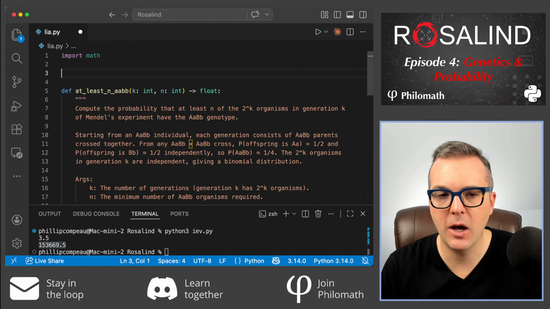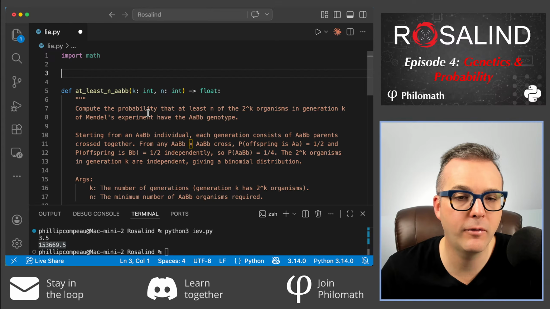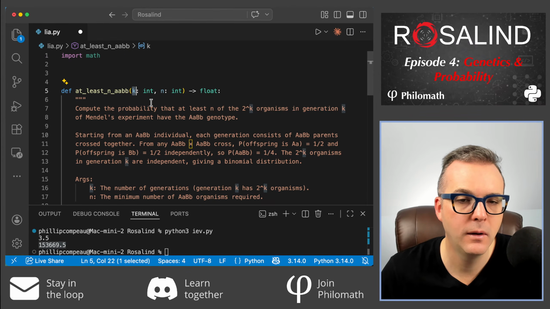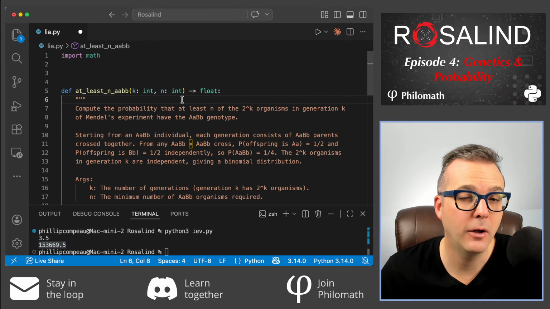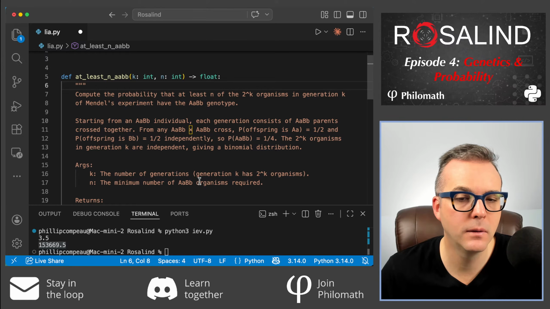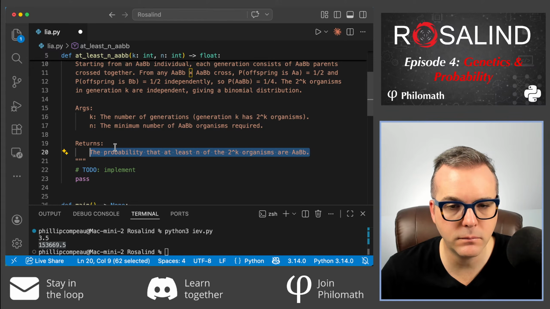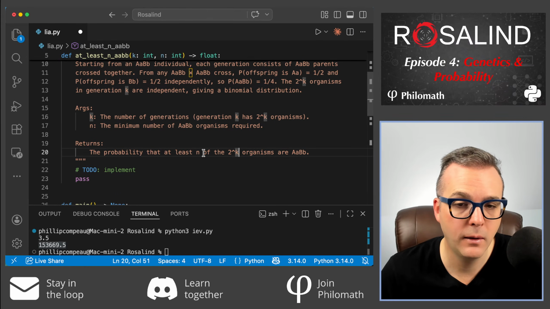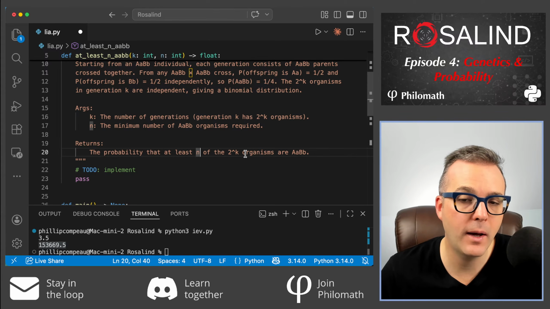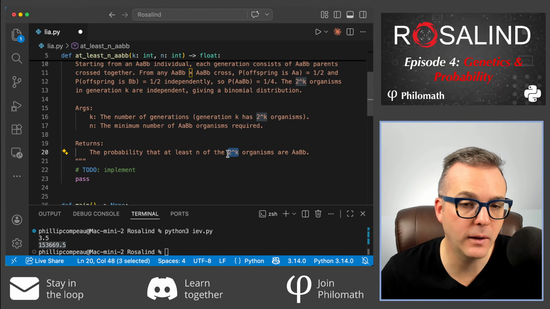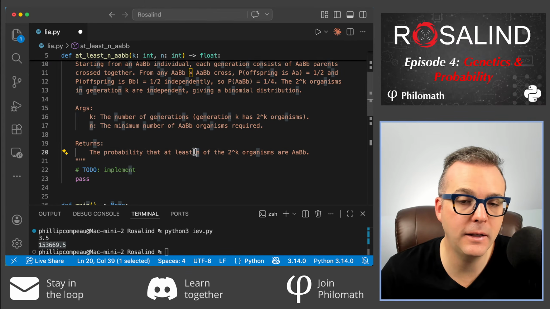So I'll write down some things that I know. What I want to compute is, I've got a k, which is my number of generations, and then I have an n, which is what we want to ask about: are there at least n organisms that are heterozygous for both traits? So at the end, we're producing a float, which is the probability that that outcome is achieved. So note, 2 to the k could be pretty big, and n is allowed to vary. So we might wind up with 128 organisms, and we're saying what's the likelihood that at least 71 of them are